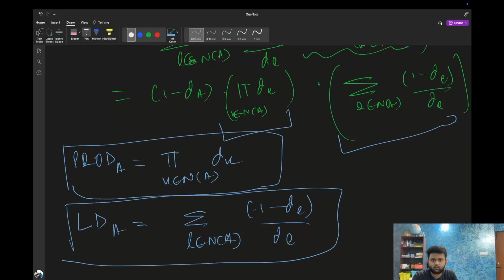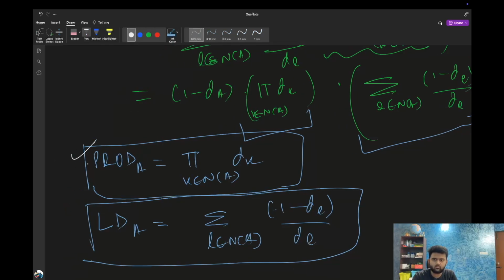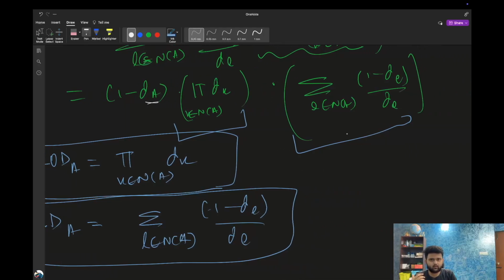So you have this term and you have DA. If you think about the implementation, you have three vectors: your DA, which would be formed by dividing P and Q; prod, which is the multiplication of all the dying probabilities of the neighborhood; and LDA, which is the summation of the ratio of probability of living to dying over its neighborhood. Now, we can rewrite the probability of it being a leaf